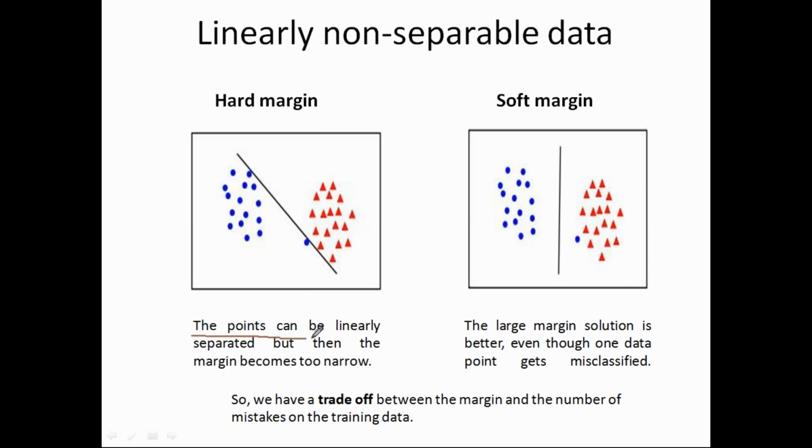So you can just read these points. If the points are linearly separated, but then the margin becomes too narrow. It's not that it's not separated. It is separated. It's linearly separated. Linearly separated means separated by a line, a straight line. So the points here are linearly separated, but then the margin becomes very narrow. And in this case, soft margin,